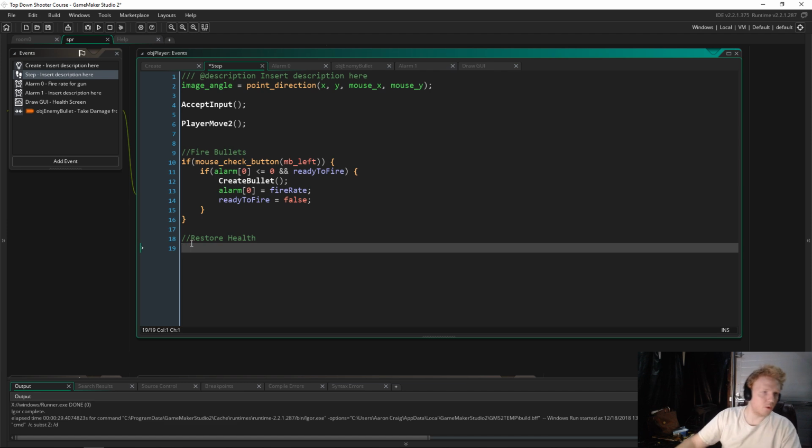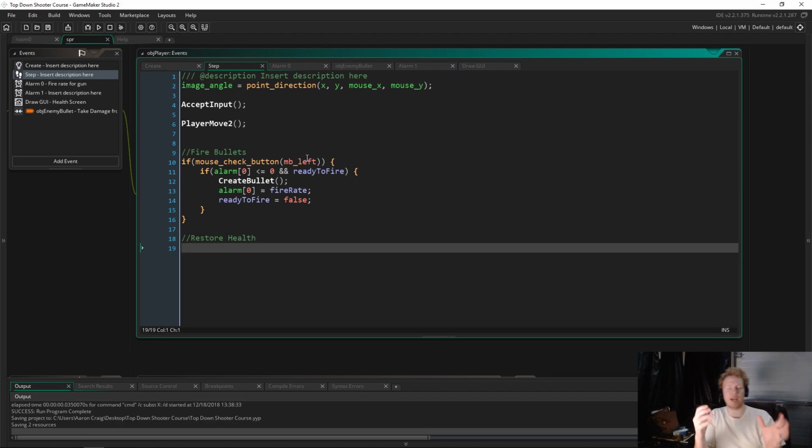So, we're going to check to see if we haven't taken damage in a recent while. So, probably what we'll end up doing is putting in power-ups in here so that we can restore health when we walk over them. But for now, I'm just going to make sure that we can restore the health if we haven't taken damage